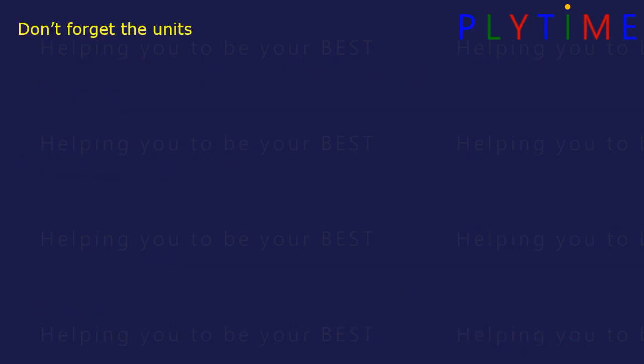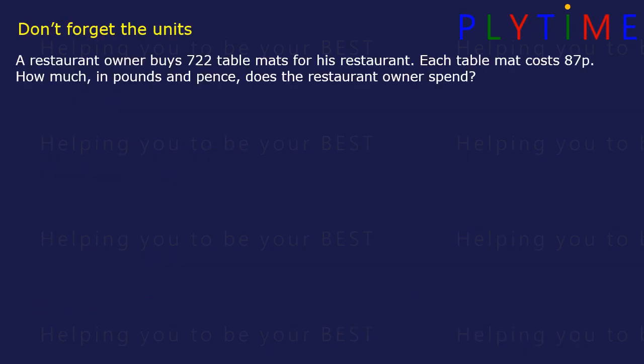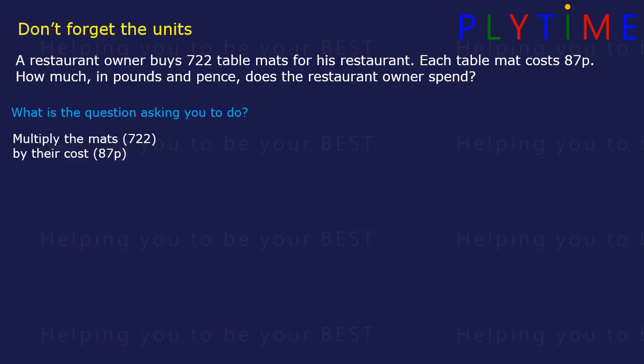Don't forget the units. A restaurant owner buys 722 table mats for his restaurant. Each table mat costs 87 pence. How much in pounds and pence does the restaurant owner spend? What's the question asking you to do? Multiply the number of mats by their cost, 722 times 87 pence, and then convert it into pounds and pence